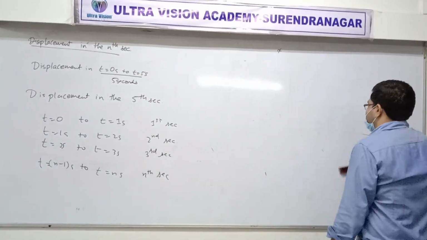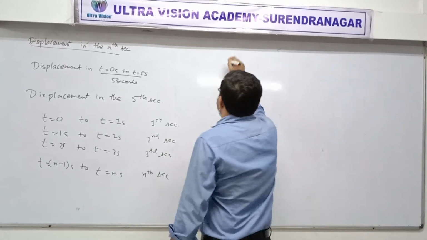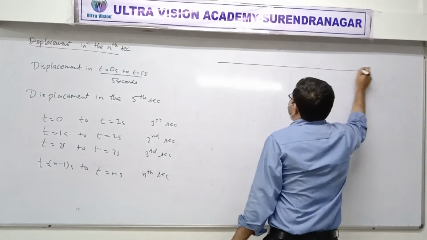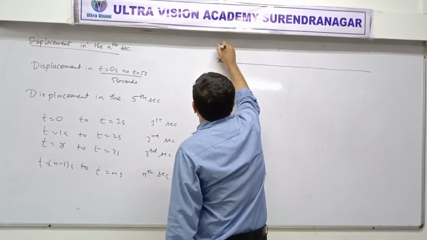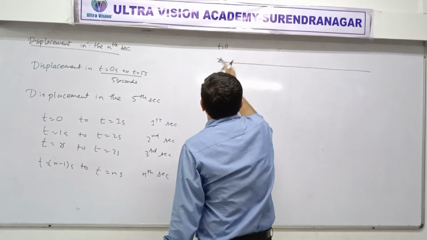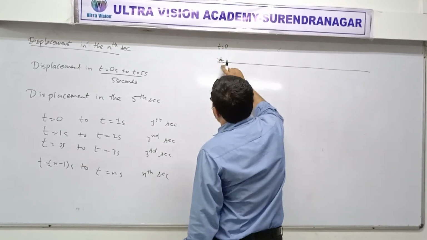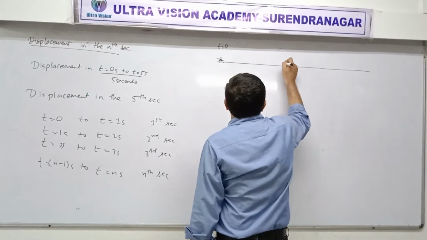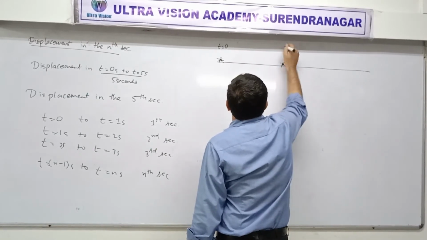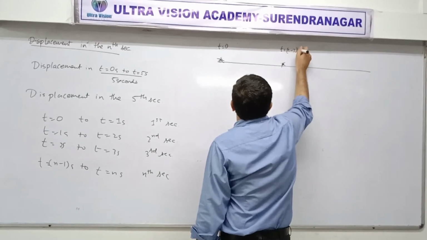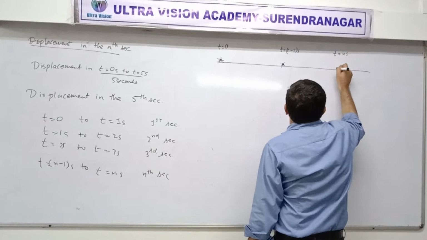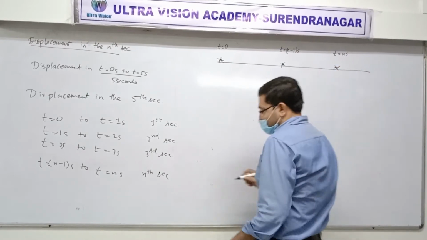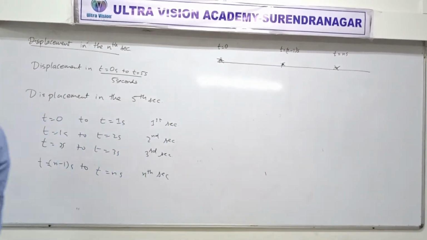Okay. Now we are going to find displacement. Suppose there is some object, ant or whatever, which was moving in a straight line. Robotic ant as usual. This is t equal to 0, the ant was here. After some time, we find that at t equal to n minus 1, the ant is here. And again, after some time, at t equal to n second, the ant is here. Is this fine? Yes. Like, for example, move from A to B to C.